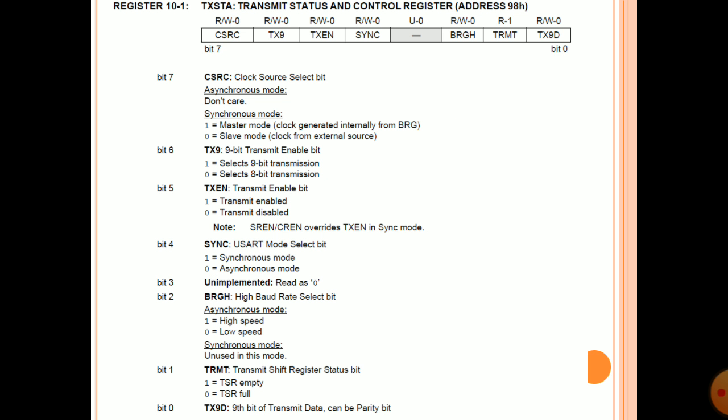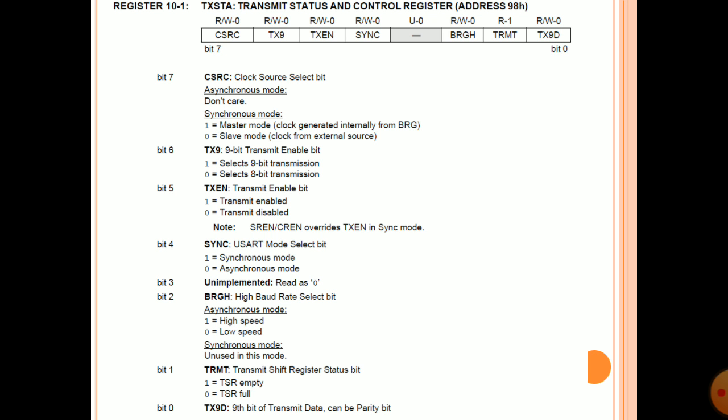Now we'll see the registers associated with USART. The TXSTA register is the transmit status and control register, whose address is 98 hex. It is an 8-bit register, in which one bit is unimplemented. Bit number 7 is CSRC, the clock source select bit.